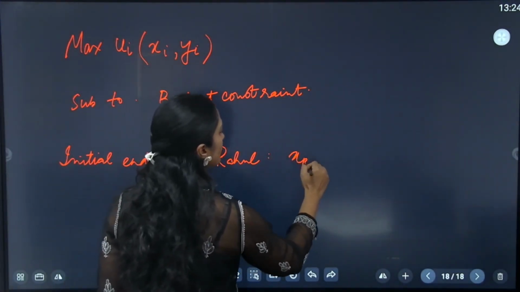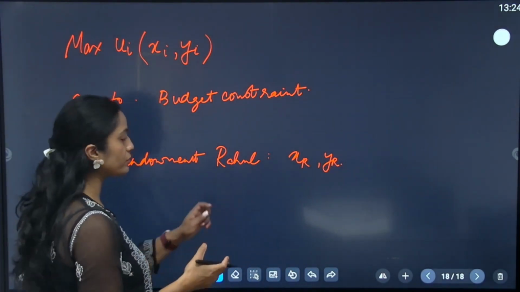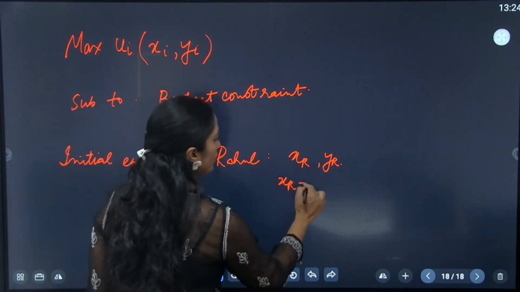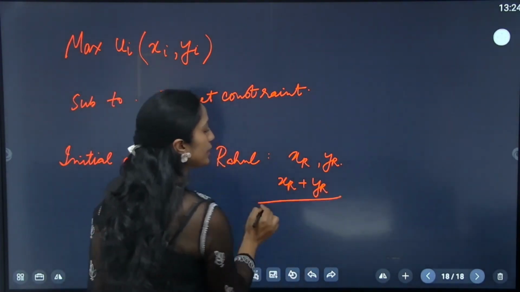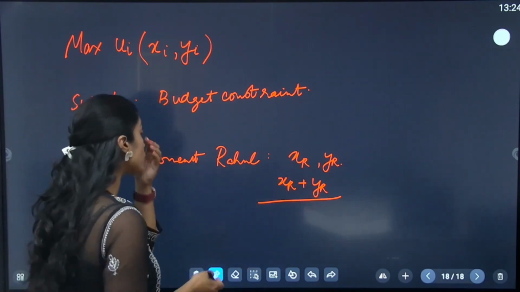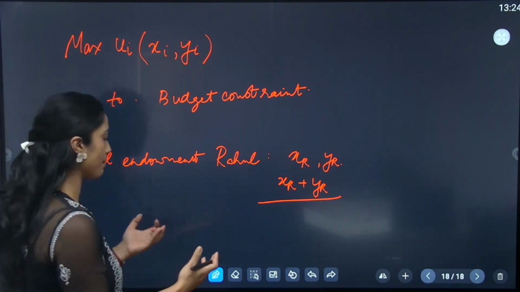It is XR and YR, right? Now if you wanted to somehow give a value to this initial endowment, you of course cannot do it like this. ठीक है ना, क्योंकि ये ब्रेड है, ये रम है, इसको ऐड करने का कोई मतलब बनता नहीं है. ठीक है, so what we will do is, just like we do when we have money in the economy,